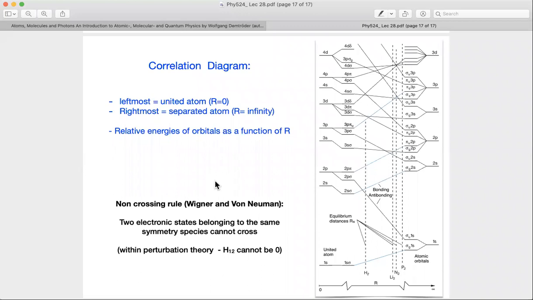Okay, and these guys showed that if there are two states, E1 and E2, which belong to symmetry states with the same symmetry eigenvalue, for example, plus for the reflection operator, or plus parity for the inversion operator, then two gerade states cannot cross each other, for example. Or two plus reflection eigenvalue states cannot cross each other, etc. So if they have the same symmetry eigenvalues, then two states cannot cross each other. That's the main statement about this non-crossing rule that you need to keep in mind.